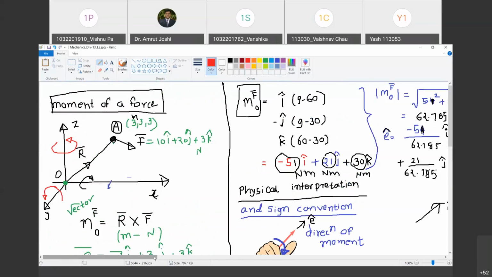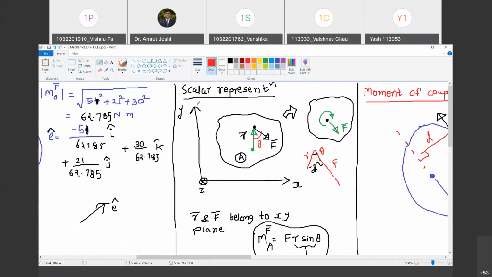Now we will extend this. This is slightly difficult to understand when we talk in terms of vectors. But now let us consider a two-dimensional case, and therefore we can work with the scalar representation of moment of a force. Are you with me? So what do I mean by that? So imagine that this is the body. I am not interested in shape and size of the body, therefore I have shown it of arbitrary shape. And now this is the point. This is point A, about which I want to find out moment of force F bar.